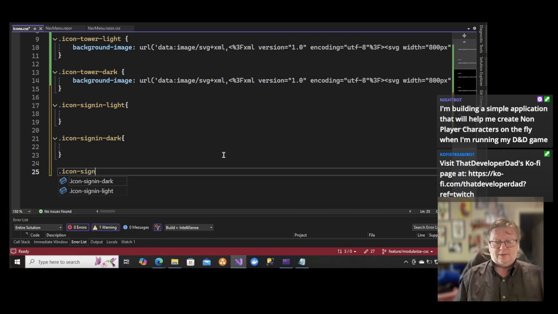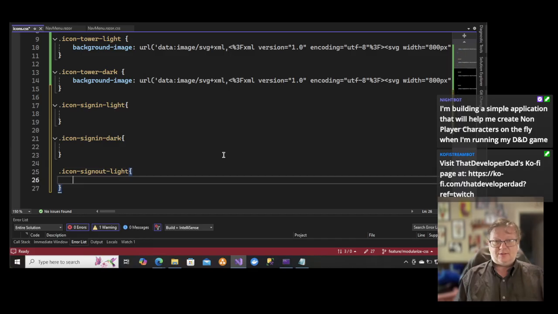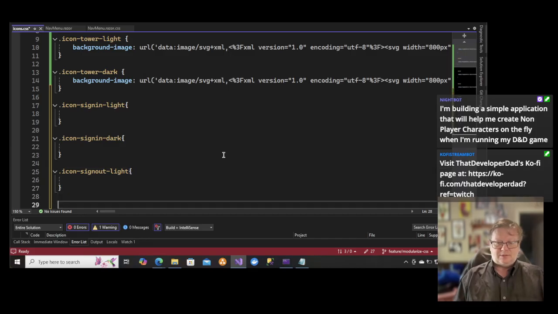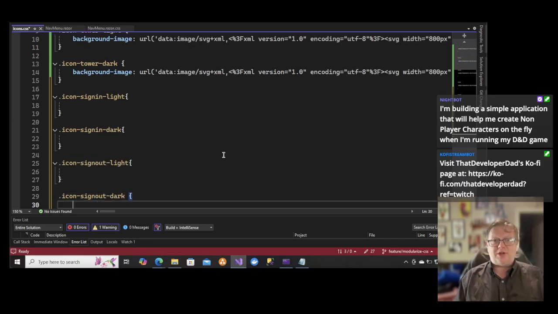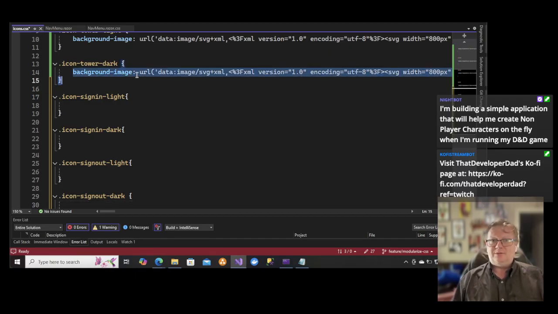Icon sign out light, icon sign out dark. Now I have looked up whether or not I can actually not specify the fill color